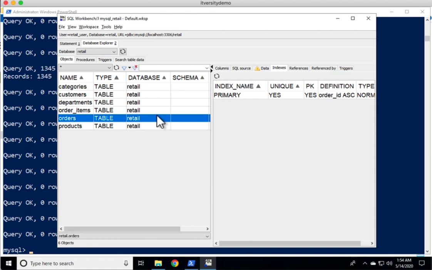So this is how you should be able to leverage SQL Workbench to get the information from the underlying databases, and you should be able to perform the operations as well based on the permissions granted to the user. So in this case, the user retail_user has permissions to manage the tables under retail, and hence I should be able to delete data from these tables. I can insert data into these tables. I will be able to even drop the tables. I will be able to add tables into this database called retail, so on and so forth.